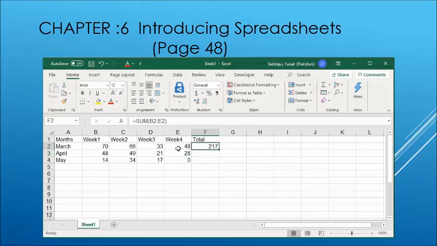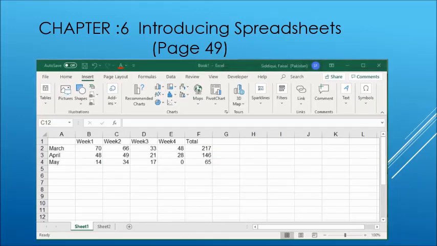In the same way, we can calculate the sum of other months as well. Now the total books sold during these 3 months have appeared in front of us. In the same way, you will also make a worksheet on your own computer, calculate the sum of the books, and perform the activity given to you on page number 48 accordingly.